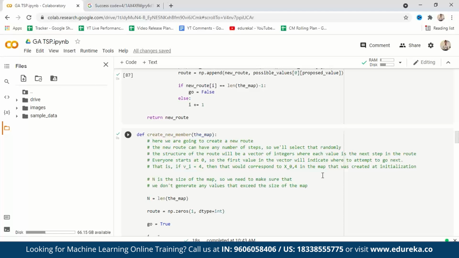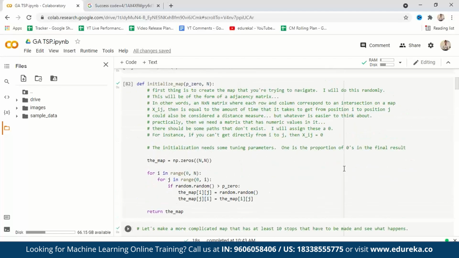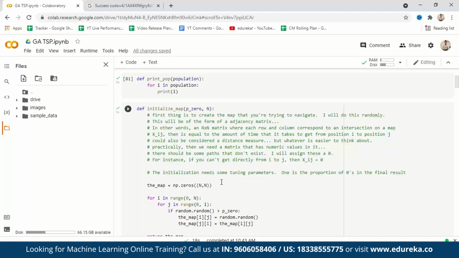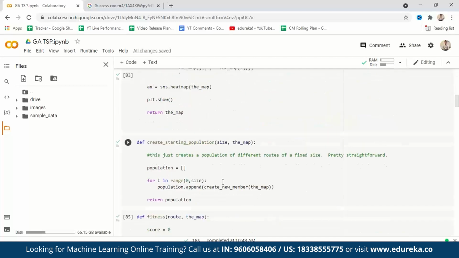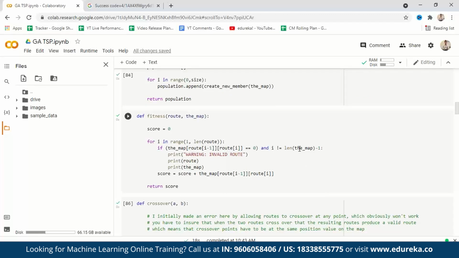That's our agenda. So we're going to start with initialize map. This function is going to create a map. Then there is the fitness function. The fitness function will calculate the distance, like we have understood the concept of fitness previously, right? Fitness will calculate the distance of the route, which will find the best solution, meaning the shortest value, right?